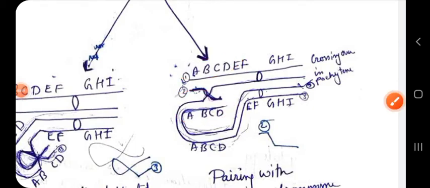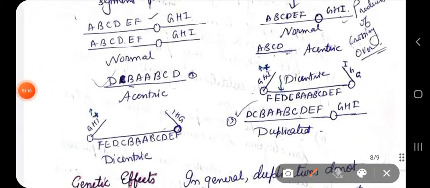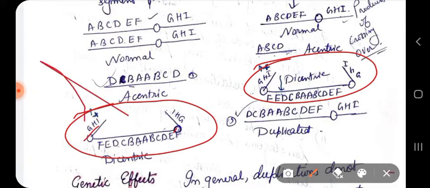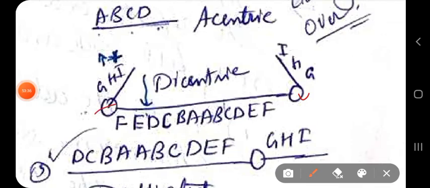And each of these cases will lead to crossing over and produce a dicentric chromosome. So you can see a dicentric chromosome is being produced in both of these cases. Why are we saying dicentric? Because they have two centromeres, one here and one here. And due to dicentric chromosome formation, it can result in the formation of chromosomes having duplications or deletions.